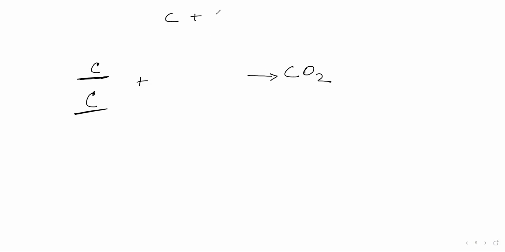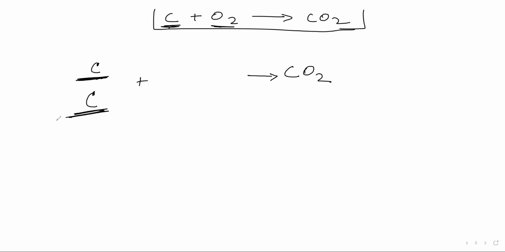According to this, one oxygen. If you have one carbon atom, then you need one. But if you have two carbon atoms, how many oxygen atoms do you need? How many oxygen molecules do you need? Two, na? Yeah. But I am saying that I have only one oxygen molecule. Now you tell me which is limiting reagent here? Oxygen. Okay.